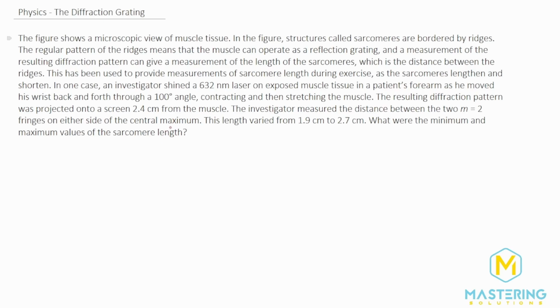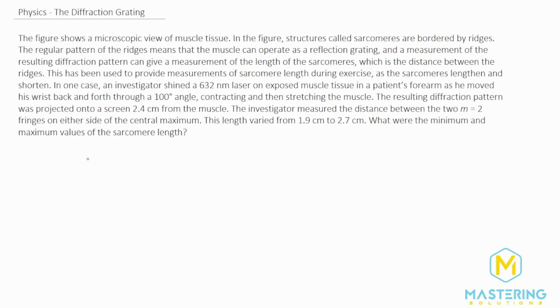Because some person let them cut their forearm open and then let a researcher shine a laser through the muscle and measure the light as they flex their muscle while they're doing that. So the sarcomere is the distance between the muscle fibers, right? That's what they're talking about up here, and that is acting as the diffraction grating here. This is d. That's what we need to find, the value of the widths of the sarcomeres that the light was going through, diffracting the light.